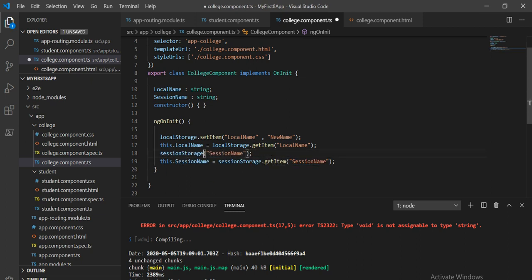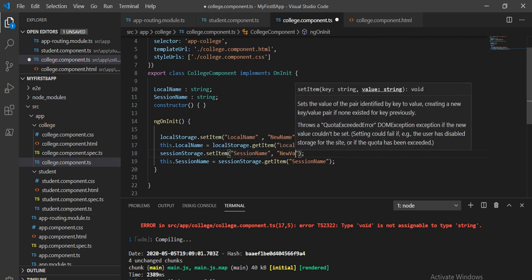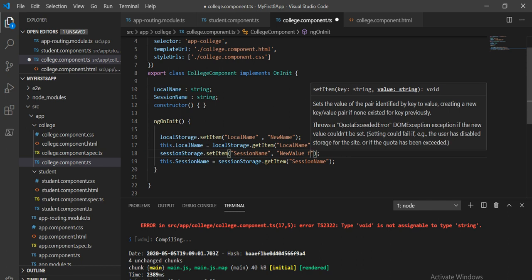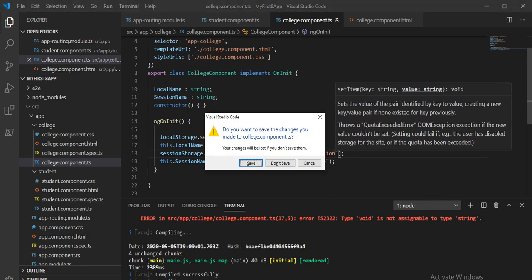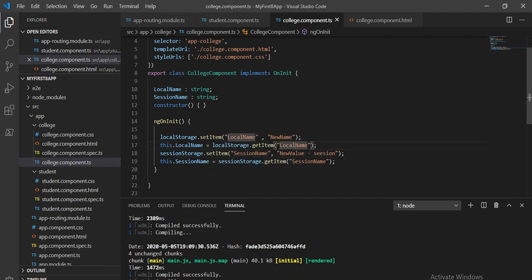So here dot session dot set item, and here I will assign a new value, I will write for session. Now we will see the new value on the browser. So let's save it and see on the browser. It's compiling.